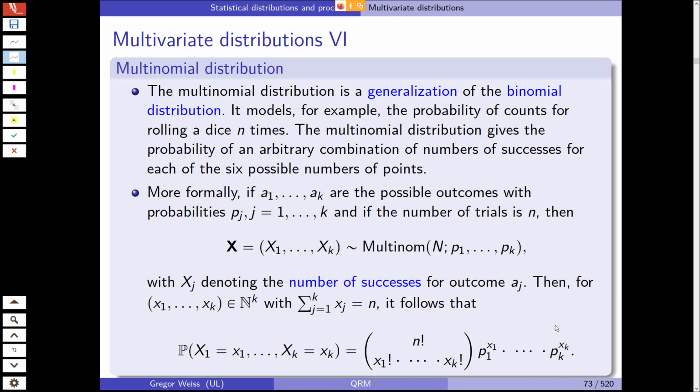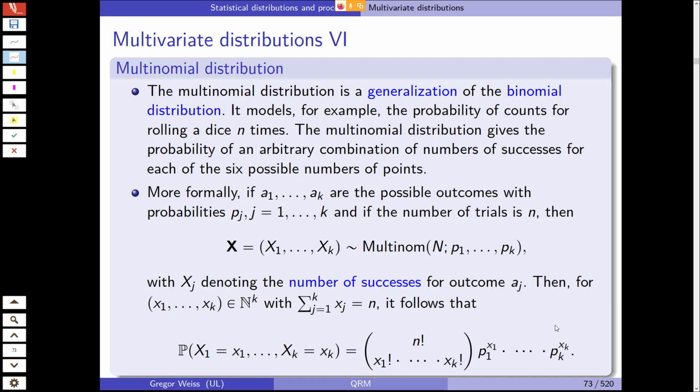Then let's turn to the multinomial distribution, which is a generalization of the binomial distribution. We can model, for example, the probability of counts for rolling a dice n times. The multinomial distribution gives the probability of an arbitrary combination of numbers or successes for each of the 6 possible numbers. So more formally, if the possible outcomes are A1 up to AK, for example 1, 2, 3, 4, 5, 6, with probabilities Pj, j being 1 to k of course, and if the number of trials is n, so we take a dice, we throw it n times,